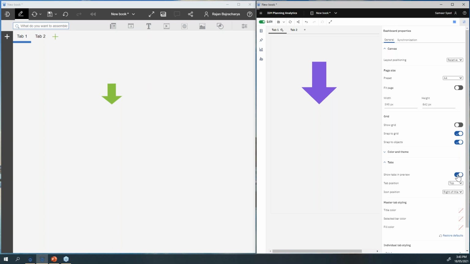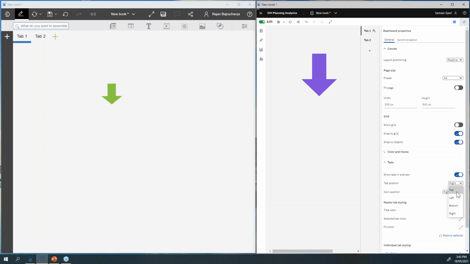Now, another feature of the tabs is the tab position. If you see here, the tabs are always on the top. But with the new version of Planning Analytics Workspace, you have the option to select where you want to keep your tabs. On the top, which is the default, you also have it on the left, on the bottom, or you can keep it on the right as well.